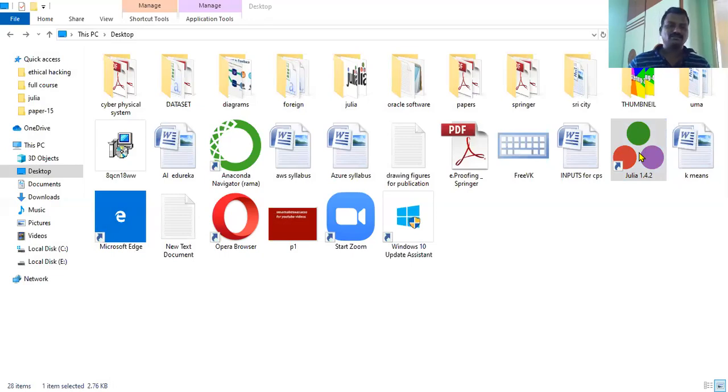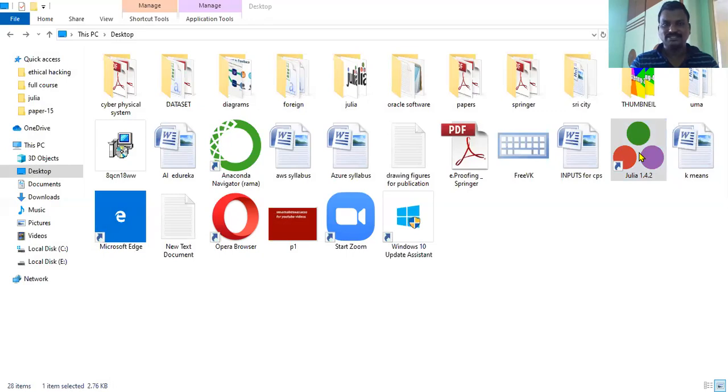Here I'm giving one task using Pkg. There is a simple command: Pkg.add.